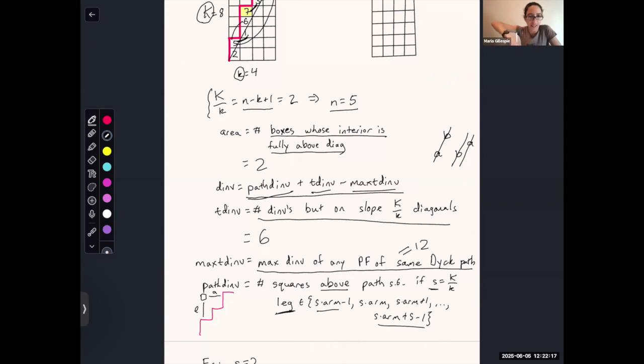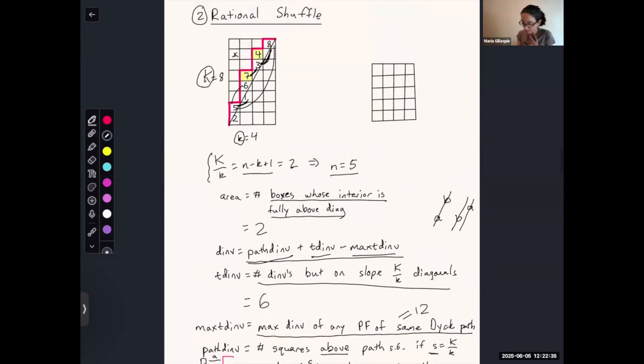Okay. So you have an arm and a leg going over and down. And the leg has to be roughly S times the arm. So it has to sort of match the slope, in other words. But roughly meaning it's either one less than it or all the way up to S minus 1 more than S times the arm. So in this case, what I would do is just put a star anywhere that it does